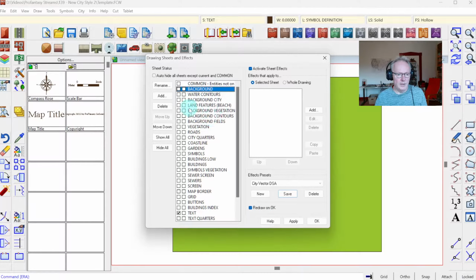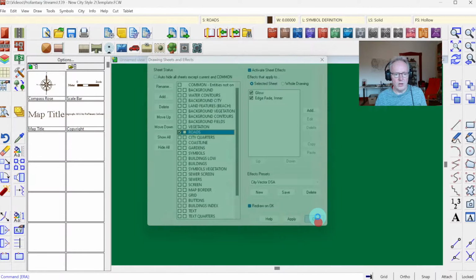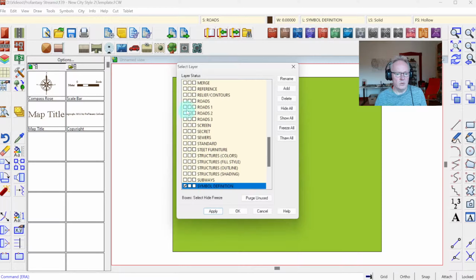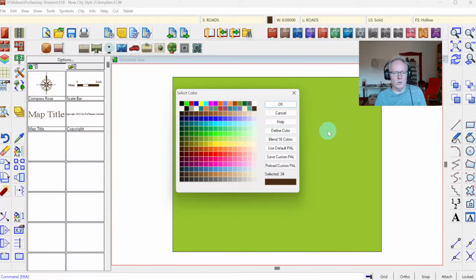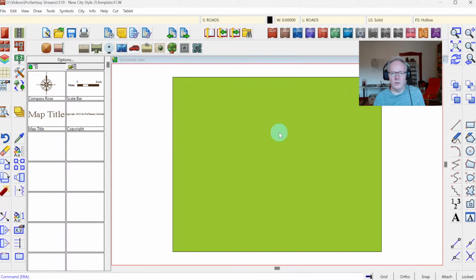I do like to set the default values that everything is set to when the map starts. So roads is a good place to start, and also go on the roads layer here. Color should be the one you want to have when you set a grid from the new map wizard, because the new map wizard will be in that color. So let's do black as the default color. Fill style hollow, line style solid is fine. So everything